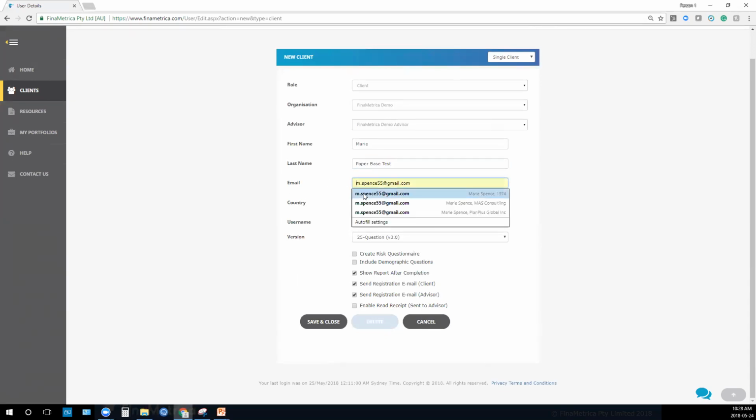You can still add an email address, and your email address doesn't have to be unique. If you've used the email before, it doesn't have to be unique. You might send it to, again, multiple people using the same email address. If that is the case, it automatically generates a unique link regardless of the same email. So here, if I just unchecked create the risk test,